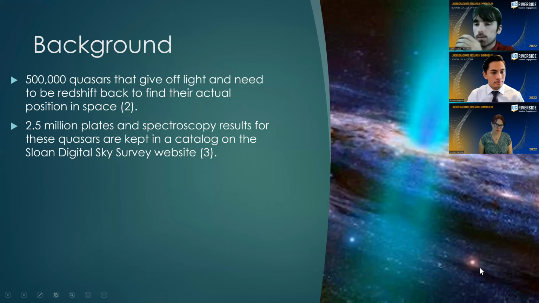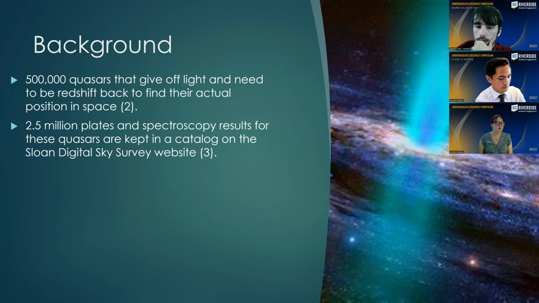A lot of where these quasars are held is on a catalog called the Sloan Digital Sky Survey website, with 2.5 million plates and spectroscopy results stored there. Also stored there are some redshifts that were calculated using visual inspection, which is the primary method originally used to calculate these redshifts, which just means that someone went in by hand and calculated them. And there are about 500,000 quasars per catalog in this website. So that is a lot of data that needs to be analyzed,